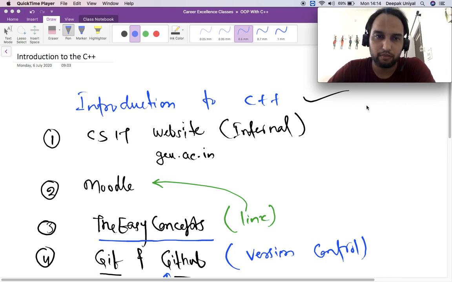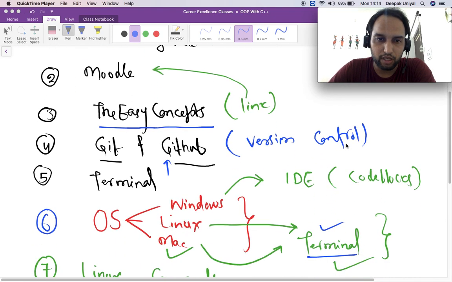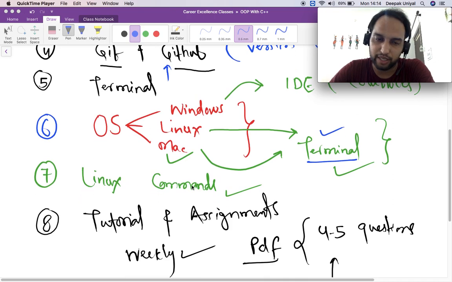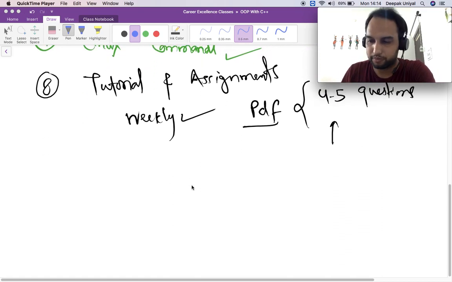In previous tutorial, we discussed the overview of syllabus and different tools and technologies that we'll be using throughout the course. Now, in this tutorial, I'll be teaching you different operating systems and the softwares we'll be using in them. Then I will touch upon the Git and GitHub and terminal and few basic commands of Linux. Right. So let us just start with different operating system.